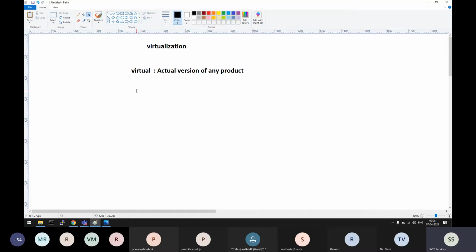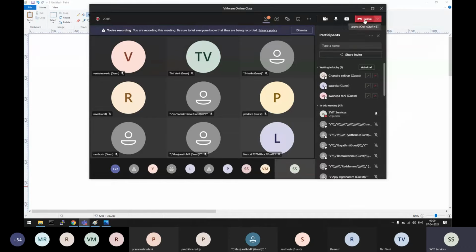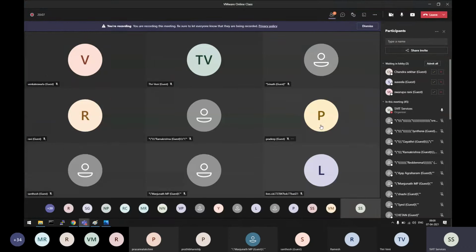Another example is something like if you attend a class directly, if you come to the classroom and sit in front of me, and I'm explaining something and you listen to it, you are gaining some knowledge. But it is not possible in the current situation. We are attending from remote locations. The classroom is virtualized now. Instead of a physical classroom, we are using a virtual classroom.